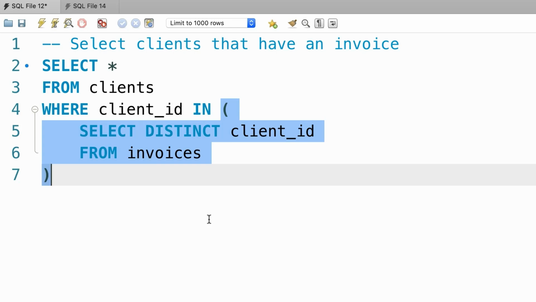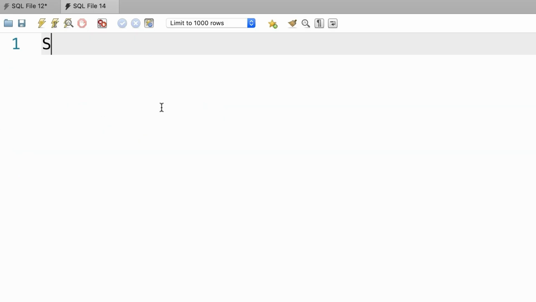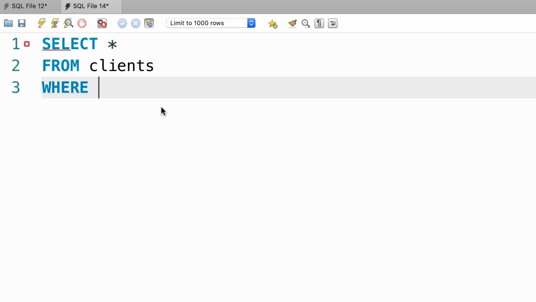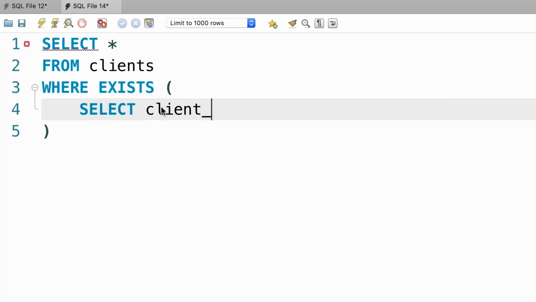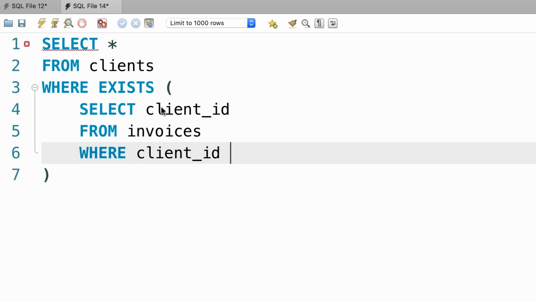The other approach is to use a join. So if we do an inner join between the clients table and the invoices table, we only get the clients that have an invoice. Now let me show you a third way to solve this problem using the exists operator. So in a new query window, I'm going to write the same query, but in a slightly different format. So select everything from the clients table where exists, and here in our subquery, we write select client ID from invoices table where the client ID column in the invoices table equals to, now we should give an alias to this client's table. So